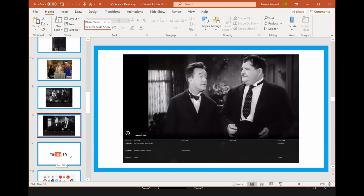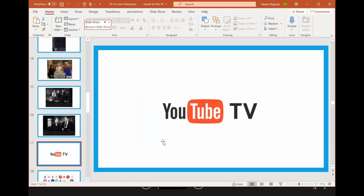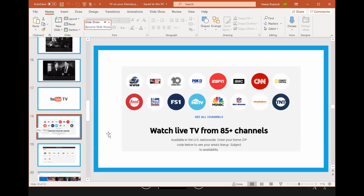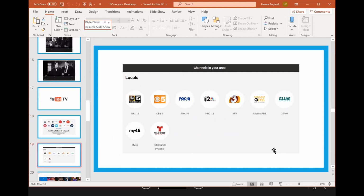And if you want to pay for some of these services, you can do YouTube TV. Again, you don't have to cut the cord. And if you want YouTube TV, you're going to have to pay for it. It's about $75 a month. They just increased their fees, so that may not be one you want, but that's one I have. And you can watch all of these stations locally here in Tampa. If you're in Mesa, these are the local stations that you get on YouTube TV besides all of the other